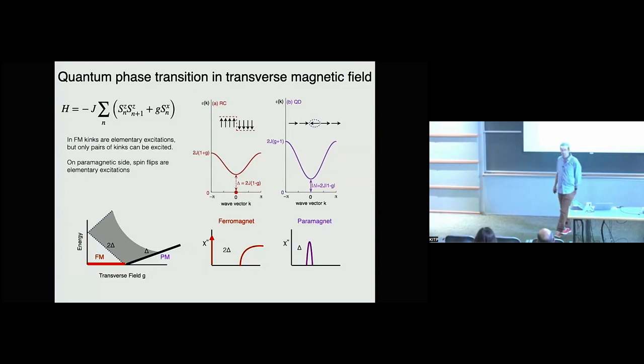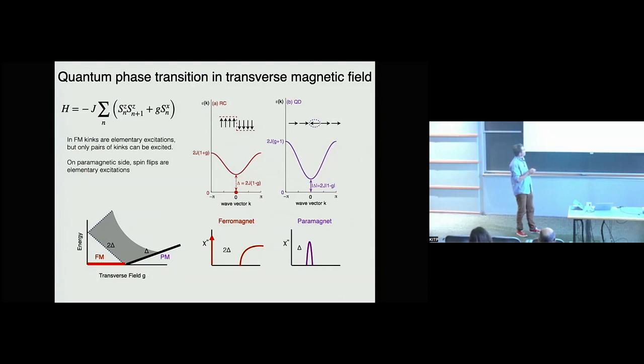When you take the transverse field and apply it to the Ising chain, essentially you can think of it as tuning the bandwidth of the system. So this is the Hamiltonian here of the simple transverse field case. The elementary excitations of the system are these domain walls. The energy dispersion of them in the simple nearest neighbor Hamiltonian comes out in this particular fashion here, where the